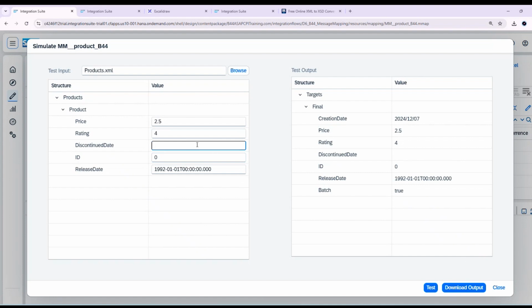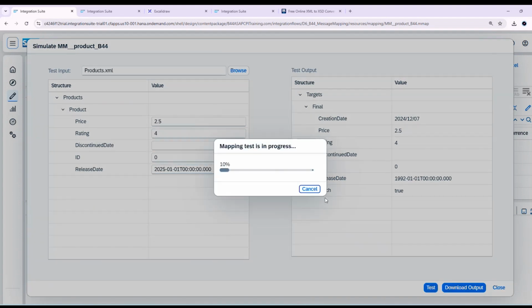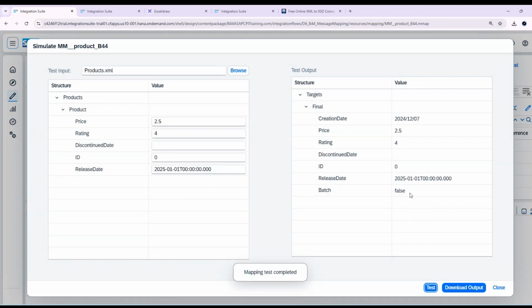If it were there, you would find that particular record over here as well. You can download it, and you can even change your fields here. Let's say 025. If I run it, if I test it, now you will see it is coming